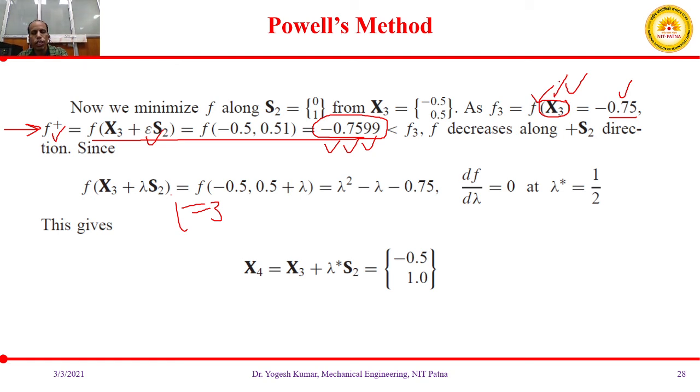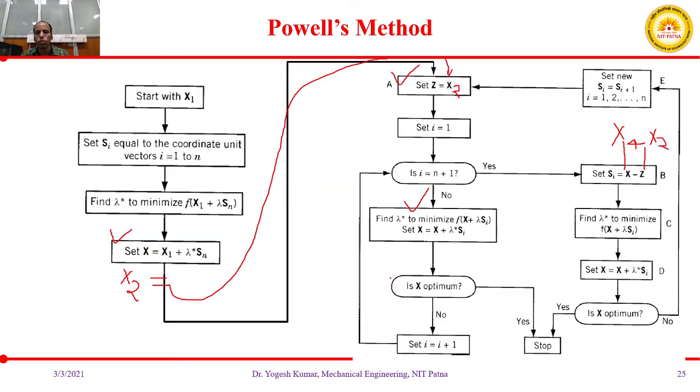Yes, so that is why your x3 is not the optimum value. That is why we have continued this step. How are we checking whether it is the optimum value or not? We will give an increment in either the S1 direction or the S2 direction. If with this increment or decrement the value of the function is not changing, then only can we say that your current value of x is your optimum value. If there is further decrement, yes,